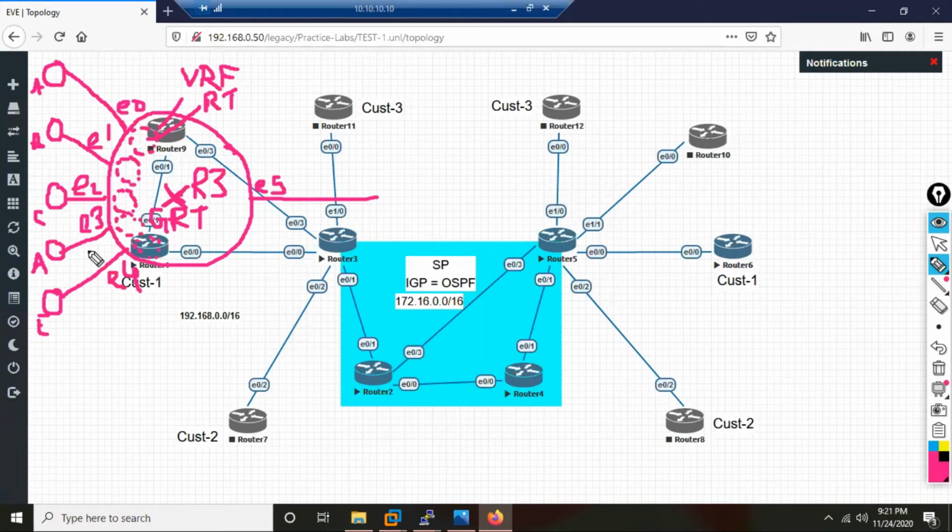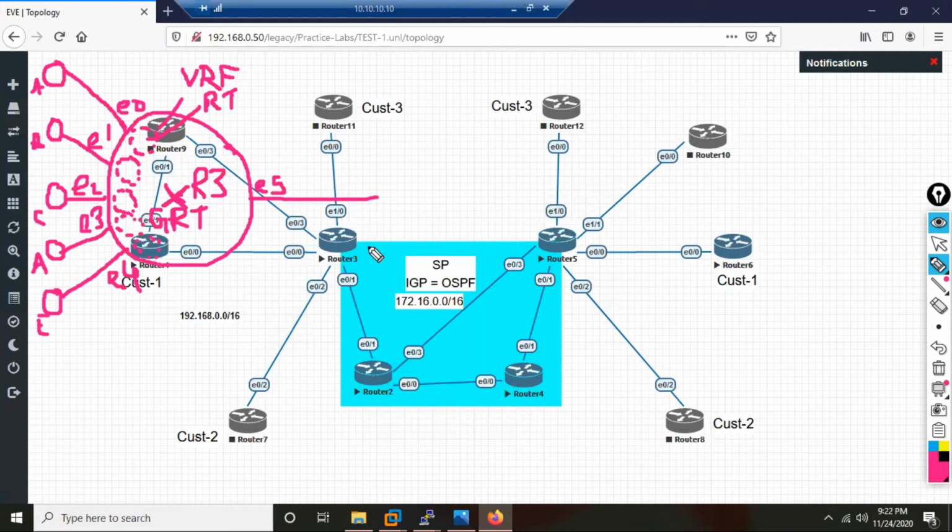Customer routes can overlap. So just imagine, you're receiving routes from two different customers in two different routing protocols. One customer is running OSPF, let's say, another customer is running EIGRP. But the problem is, both customers are using the same network, because it's private IP. For private IP, you don't require anybody's permission. One customer is having 10.1.1.0/24, another customer is also.